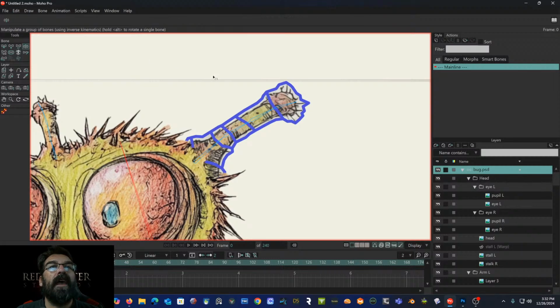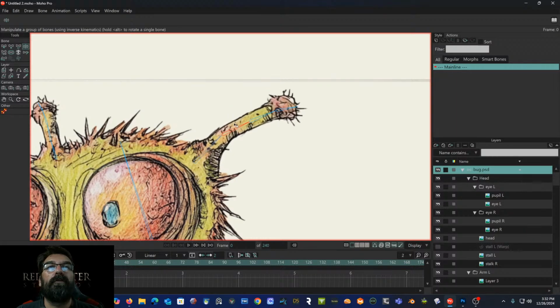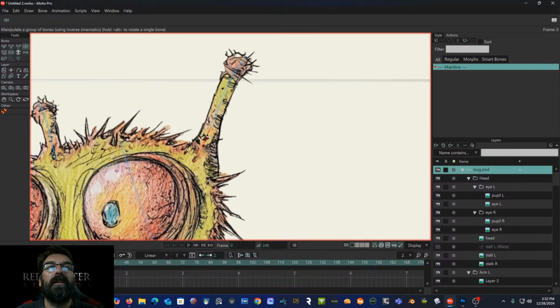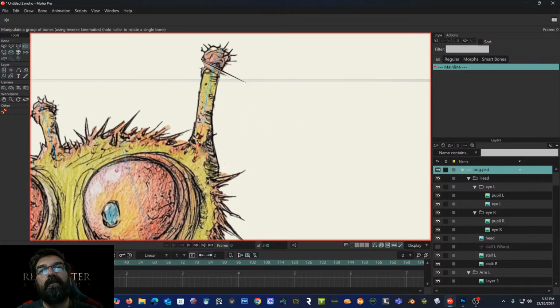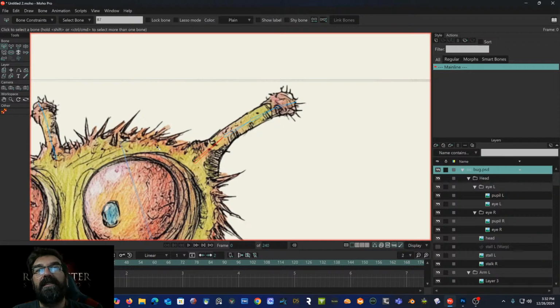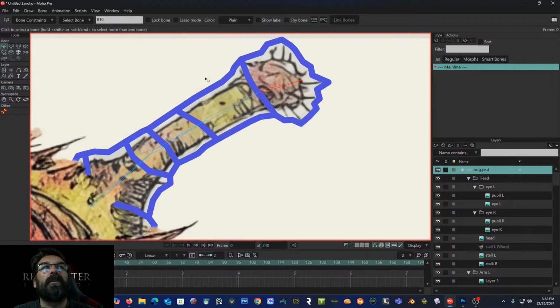bone layer, and now we turn off the stalk there. When I move these, obviously those are going to move the way they were, but now when I move this one, it's going to stretch at that base instead of coming loose from the head. Now you can make this look better by using less bones, obviously. We can also add more resolution to this bone or into the mesh around this area so that it doesn't stretch into weird stuff. And we need to figure out now why that one is doing what it's doing, and